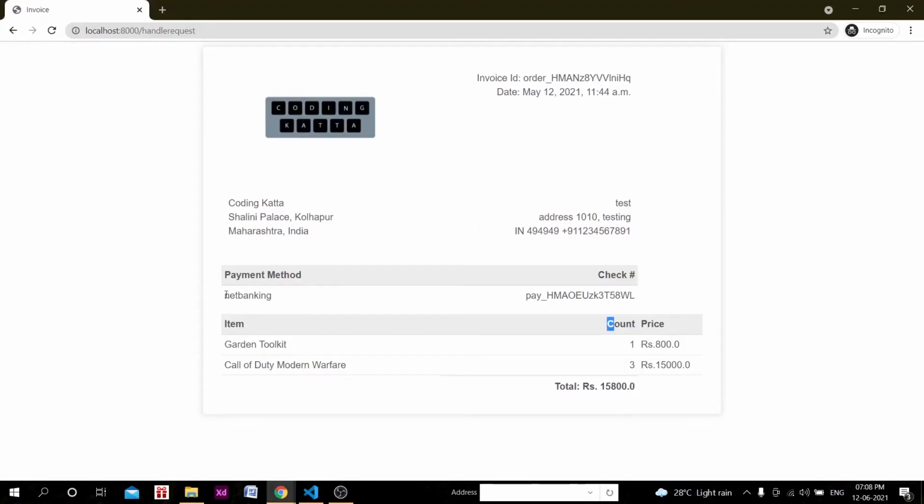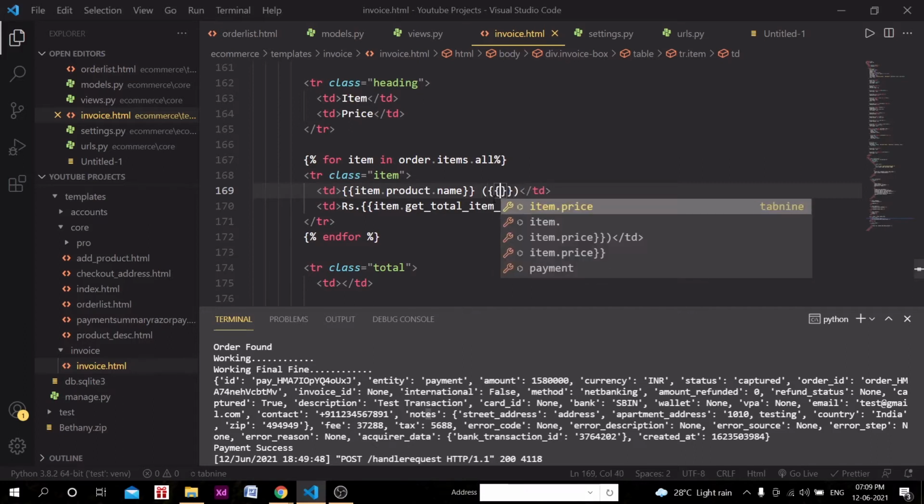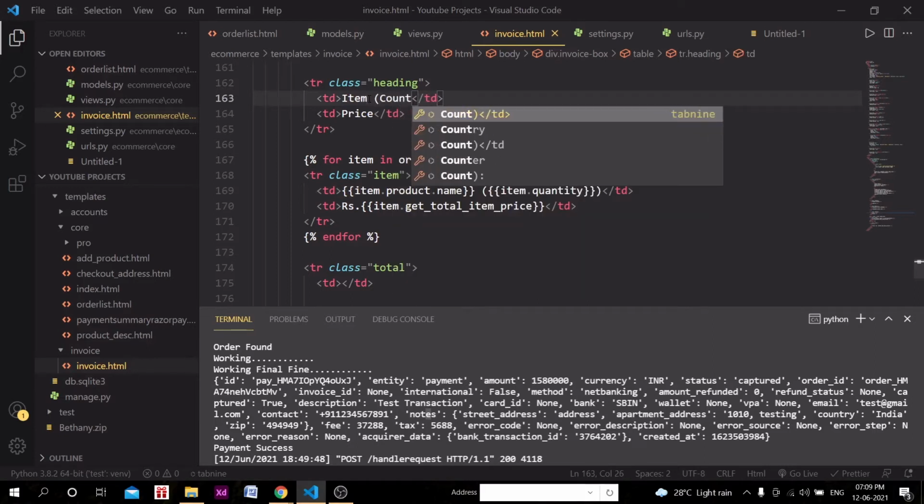What we want is garden total item price, and here in the parenthesis we can add the Jinja template for how much count you have. In this we can call that count, so item dot quantity. We can call that quantity here, and similarly in the item we can simply